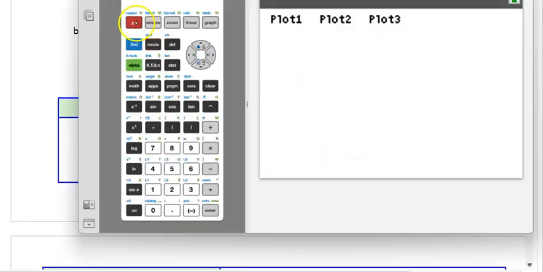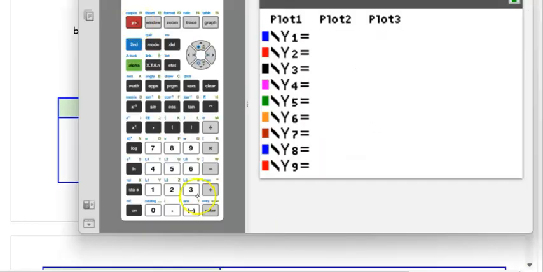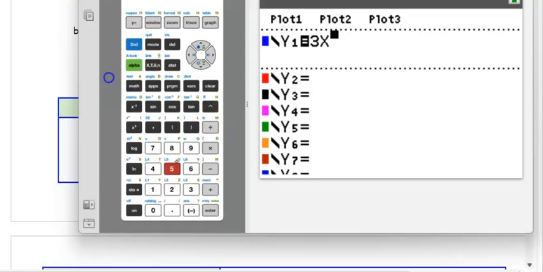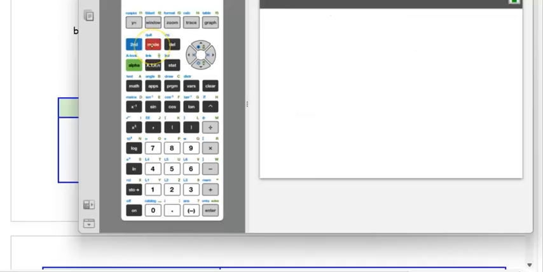Let's see how that's done. So into y equals, I have 3x to the 5th minus x to the 4th minus 5x and then plus 10. I'm going to go back to my home screen, and I want to evaluate now y1